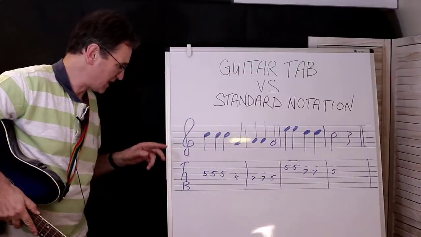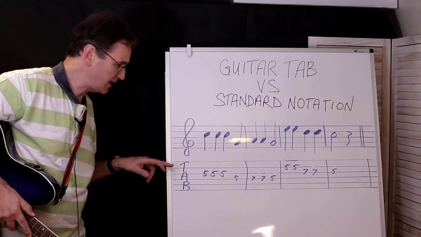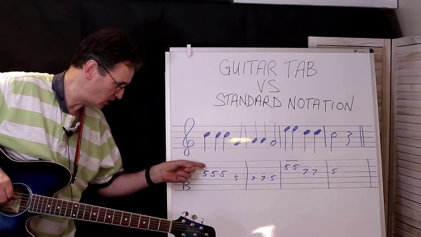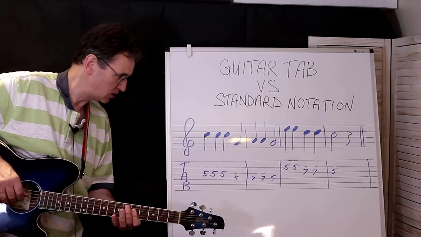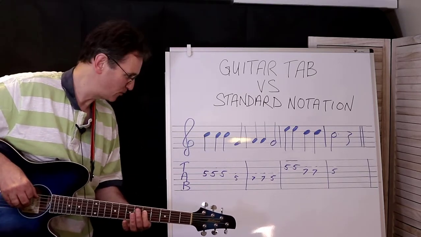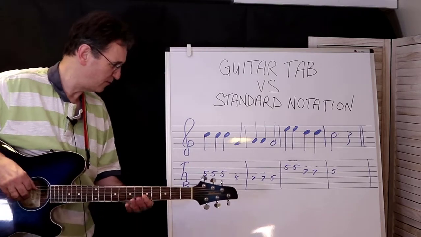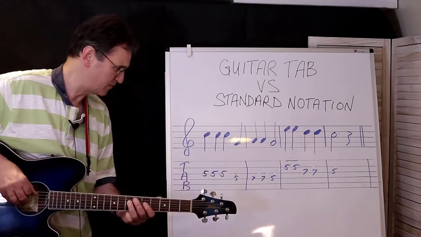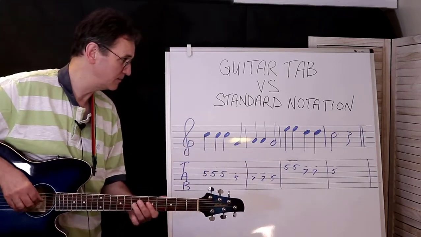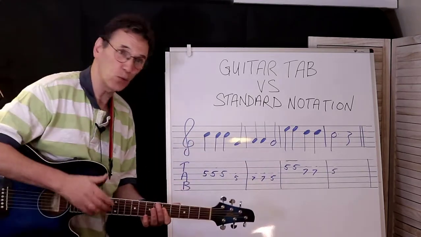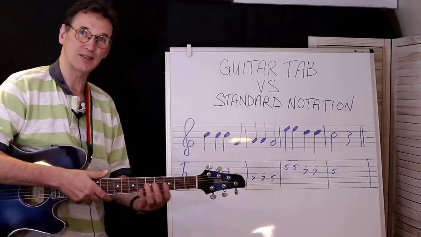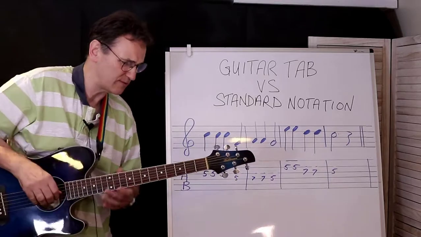Now what I've done is I've written the tab to show that other position that I played this in. So what you do then is you follow this on the third string. There's your third string. Then there's another fret there on the fifth fret of the fourth string, and then the seventh fret, and then you've got the second string, fifth fret. Well, that's all well and good, but what if I wanted to do that, but I wanted to have a different fingering? For example, what if I wanted to go